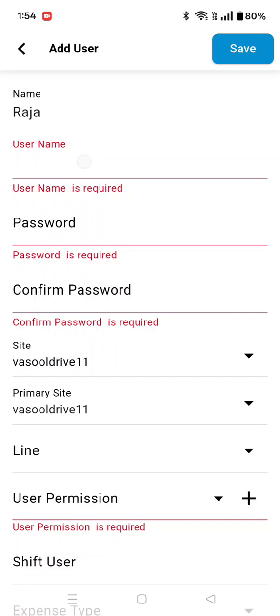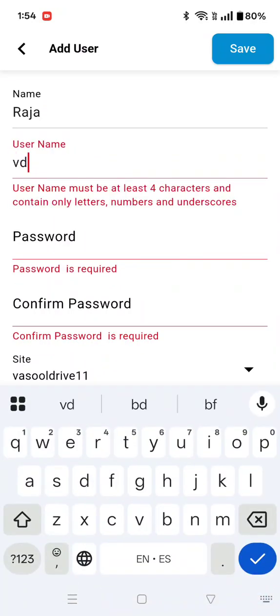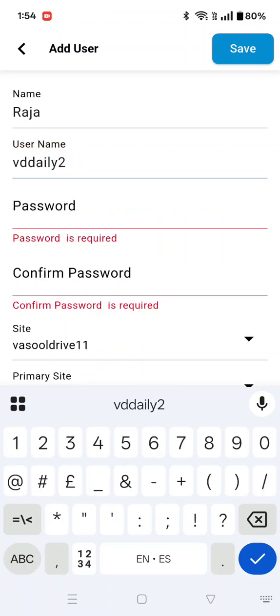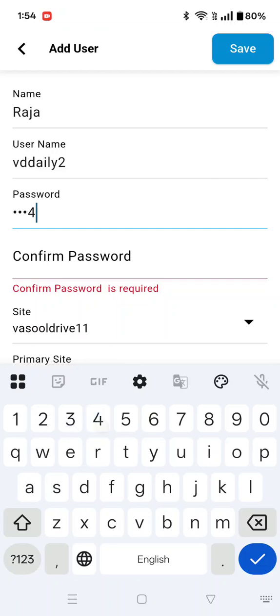Okay, so I'll just give the name as Vasool Drive Daily 2, like that, and the password I'll give as